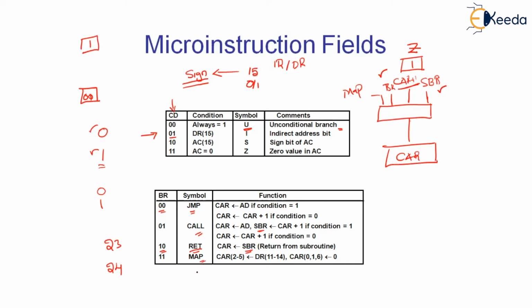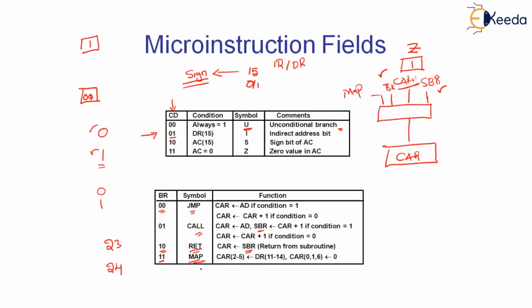What is mapping? You know that every time an instruction is being started in the computer system, a new instruction has to be executed. At that time, the opcode has to be executed. The opcode is going to perform an operation within the ALU. For performing an operation, the opcode is going to be mapped to a specific location within the control memory in which the actual opcode routines are placed. We have seen how the opcode is going to get mapped to the corresponding location within the control memory in the previous session. So 11 stands for mapping.